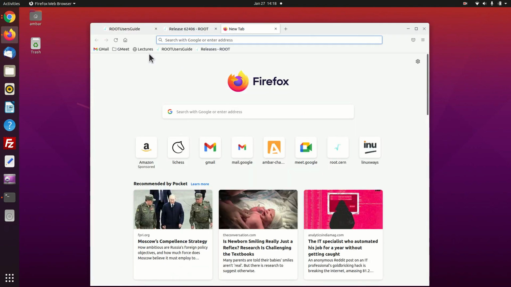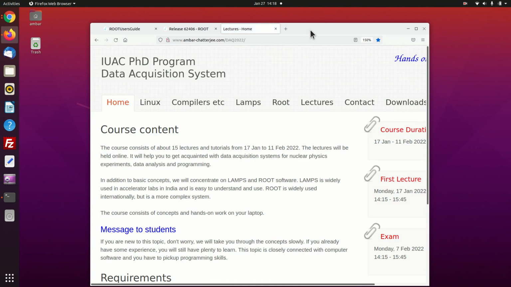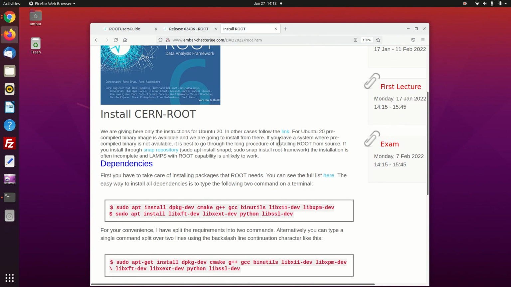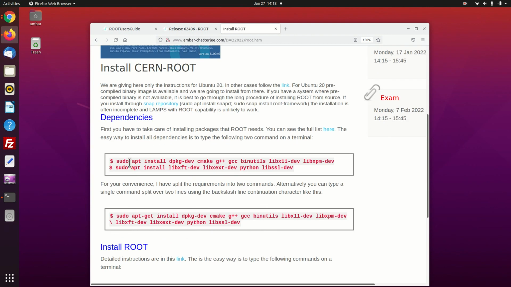So if you look at the website, under root installation, under dependencies, I have mentioned it all together. So you have to install all these dependencies. There are many of them. The way to install these dependencies is that you start with your terminal